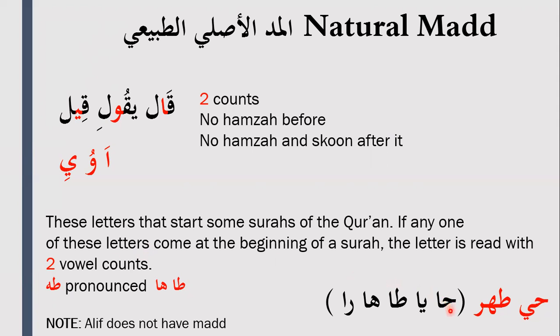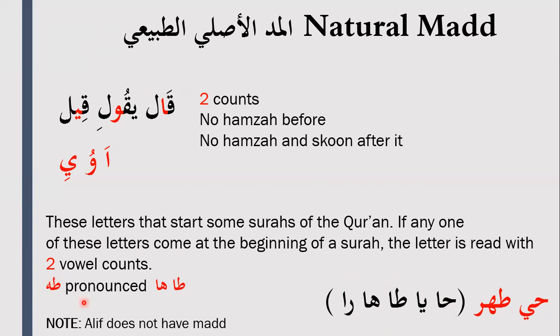If you look at these letters here, I've spelt them out. So this is the original spelling of each of those letters. If you have a closer look, you will see each letter consists of Alif, the letter of mad. And we said the letter of mad in the last video consists of 2 counts. So you have Ha, but it's followed by an Alif. So you have Ha, Ya, Tho, Ha, Ra. You need to elongate it for 2 counts because of the original mad in the spelling of these letters.